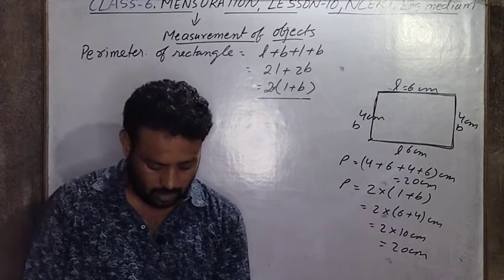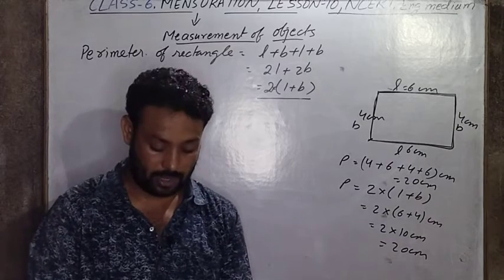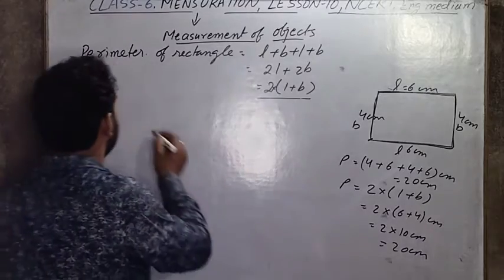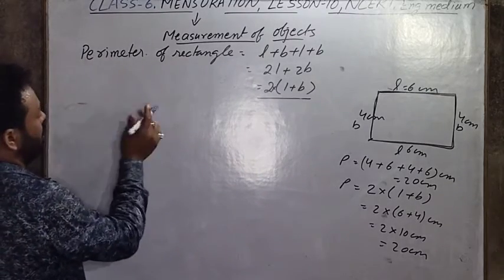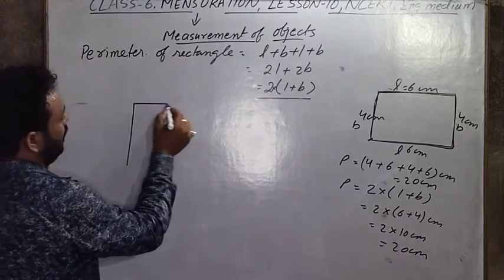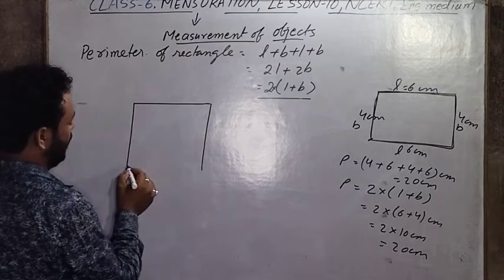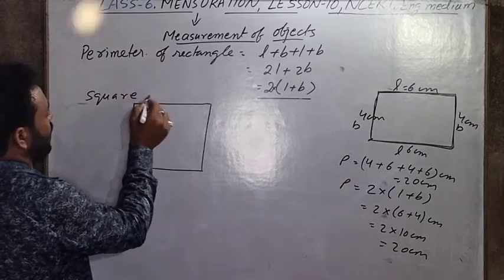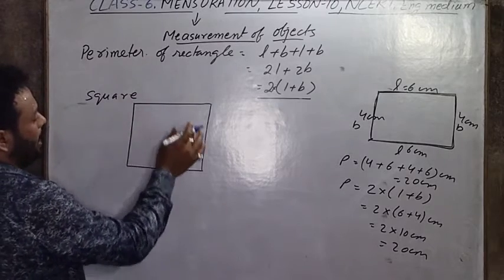Then we have the perimeter of a square. What is the perimeter of a square? First you understand what a square is. A closed 4-sided figure. I am telling about a square. Square क्या है? It is a 4-sided figure